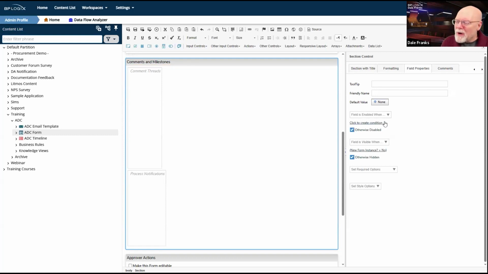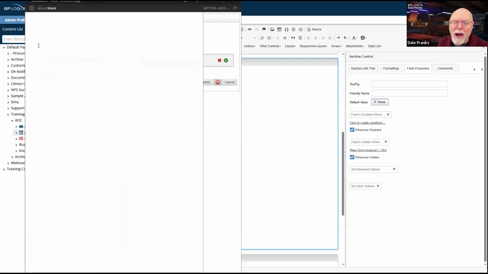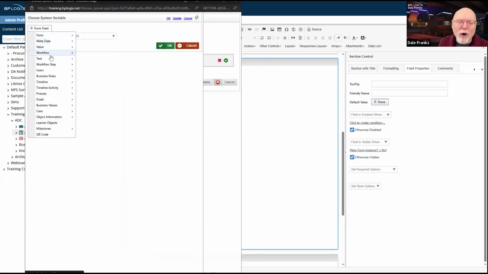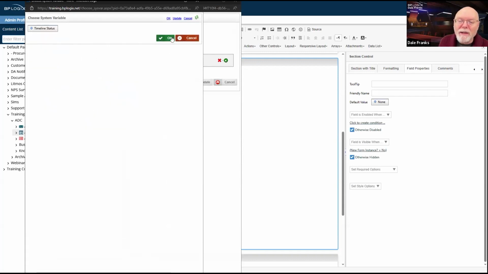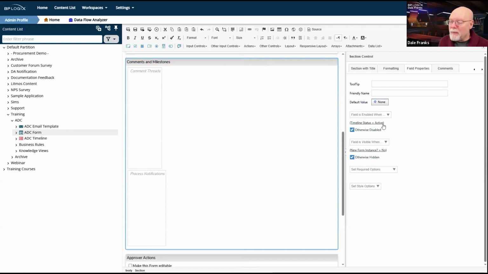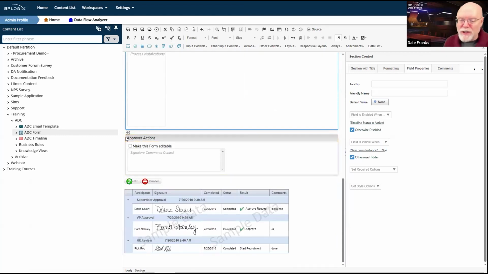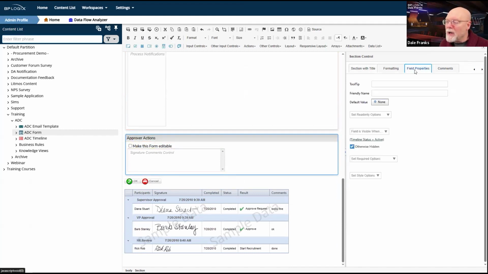So we're going to set this to otherwise disabled, but we are going to keep it enabled while we're actually inside the running process timeline. So we will go back to timeline and timeline status equals active. So this will be enabled when timeline status equals active. And down here at the bottom, we are going to do the same thing with this because again, this is only really going to be relevant while I'm running in a process timeline.